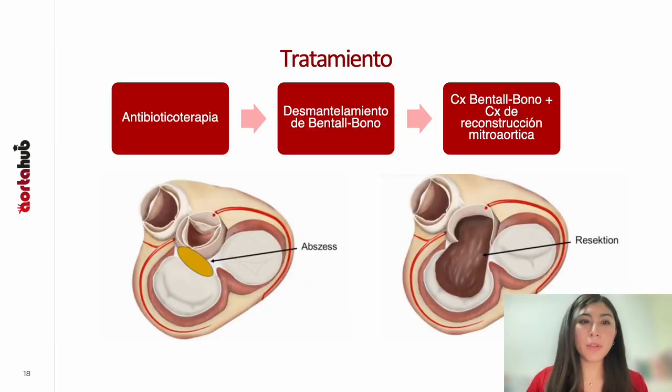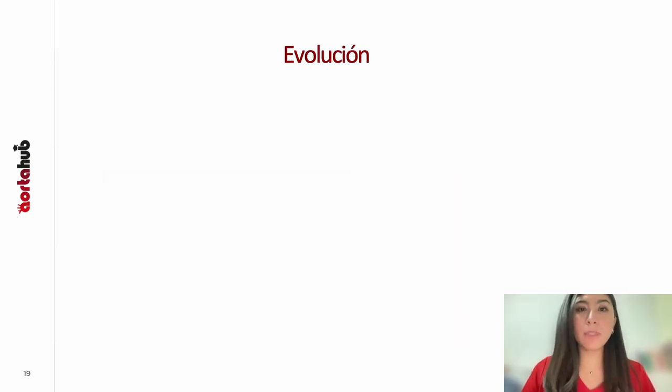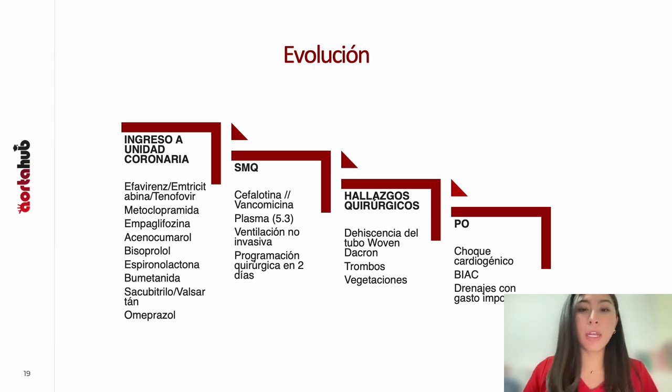As part of our patient's care following a surgical session, it was decided to start antibiotic therapy before the surgery, where the Bentall-Bono was dismantled. A new surgery on the ventral aorta took place, and due to the findings of abscesses at the mitro-aortic junction, a command surgery was performed to reconstruct the mitral valve and fibrous tissue. In summary, to discuss our patient's evolution, he entered our coronary unit with optimal